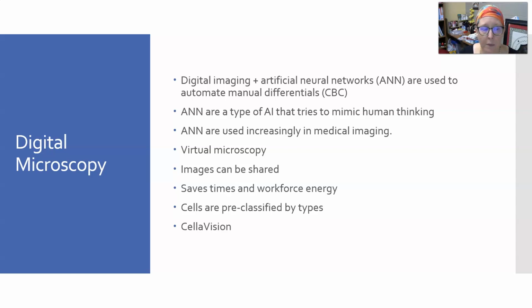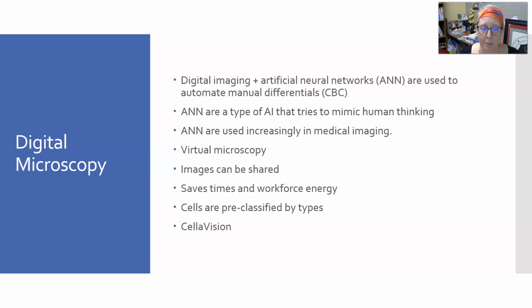And so with digital microscopy, you can have virtual microscopy, so you can have images that can be shared and sent. Of course, in a traditional microscope, you can take pictures of images, but if a tech does a diff on a regular microscope, other than the notes that they make, there's really no record of it. Somebody else would have to pull the slide and diff it again, and maybe they'll see the same thing, or maybe they don't. With virtual microscopy, it can be done in images that can be shared,